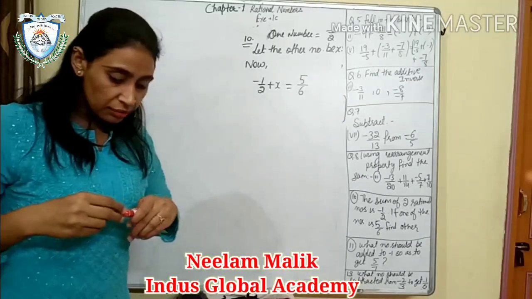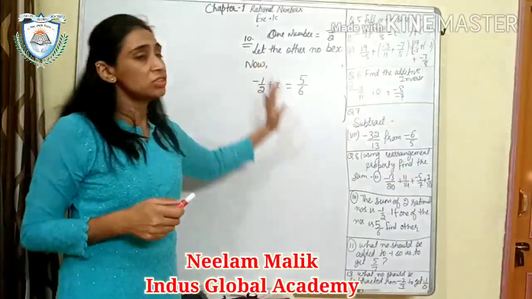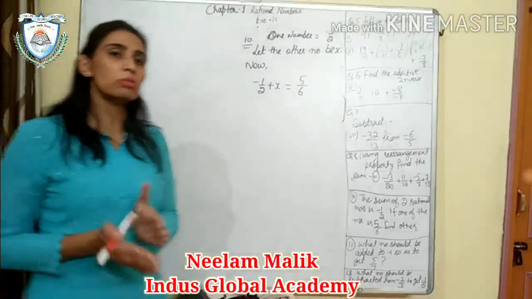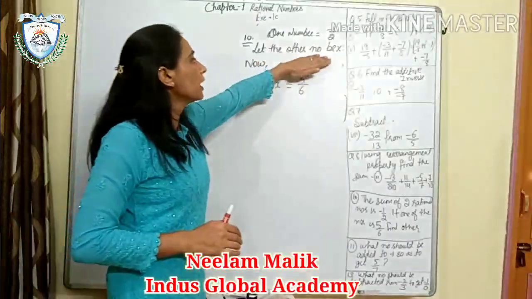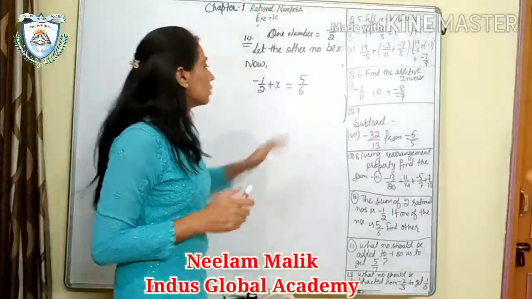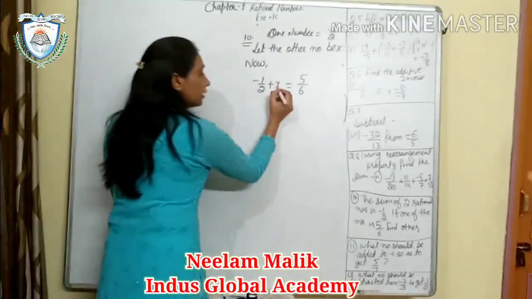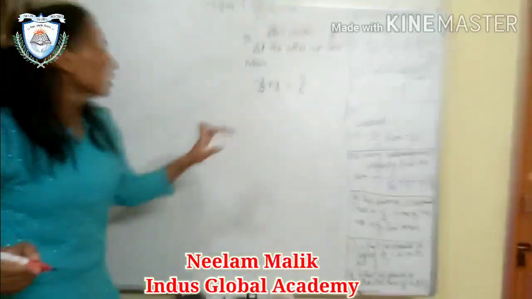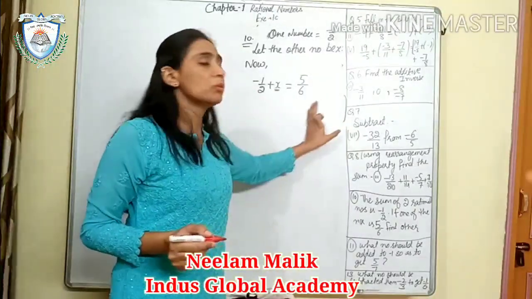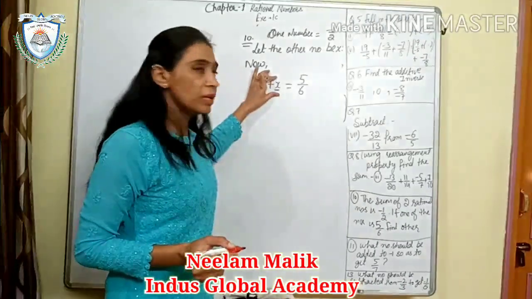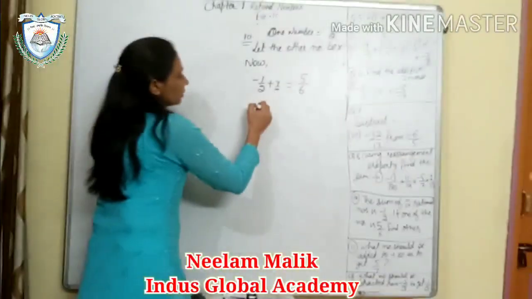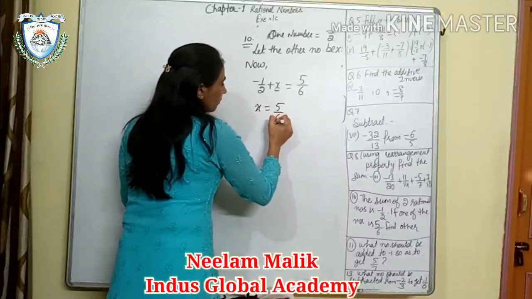So what have we done in this sum? One number is given and the sum of two numbers is given. You have to find the other number. So we let the other number be x. This is our x, this is given, so we will add them and we will get whatever sum is given. Now solve this. I need the value of x, so I'll put it in the equation. You have learned this: x will be on one side and the remaining on the other side. This is our variable, so we will take the variable on one side and the constant on the other side. So here it will be x and there is 5 upon 6.